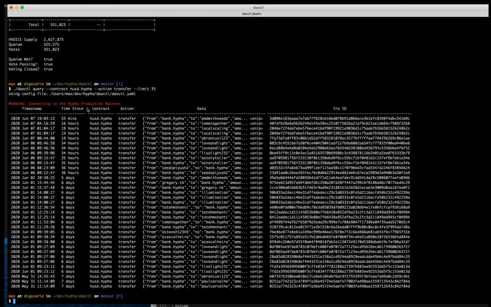If you're familiar with Telos, you can actually use this query tool on any contract and any action and any account. And in the future, I plan to add some additional functionality around that. Also, in the next video, I'll show how you can use DAO control to vote, or even create new proposals, or claim your salary, or perform any of the other actions that you do with the DAO. Until then, have a great